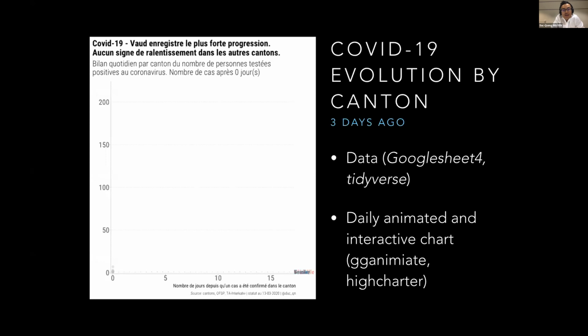It's not the most exciting R project, but I think it was quite apropos to talk about. So basically the goal was that, obviously, we heard a lot about it in the last few days, and I wanted to show the evolution per canton of the number of cases. It's quite a straightforward thing, I guess. Nothing groundbreaking really.